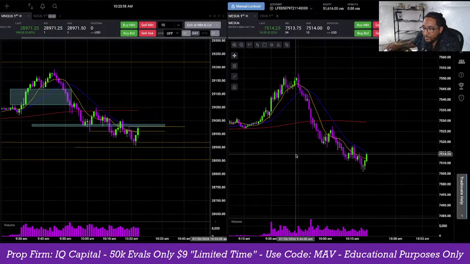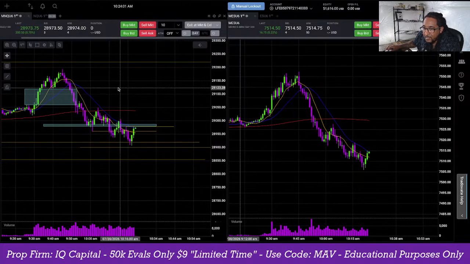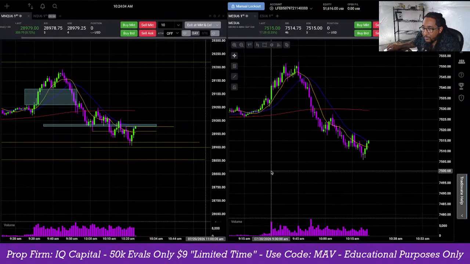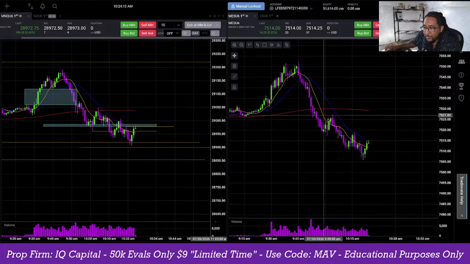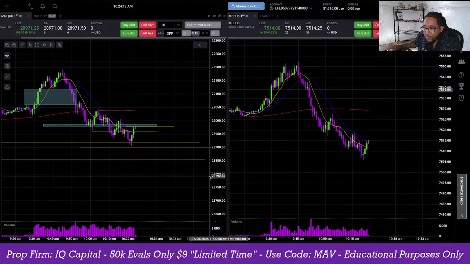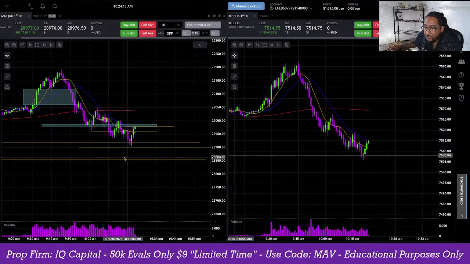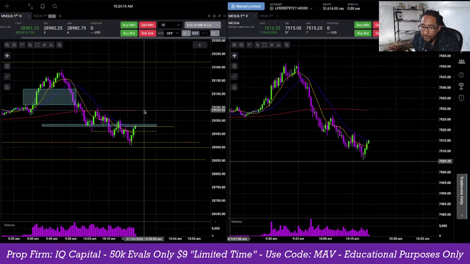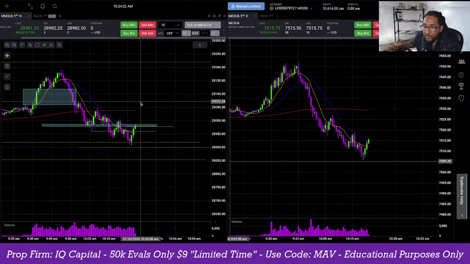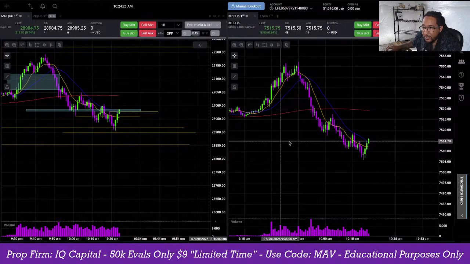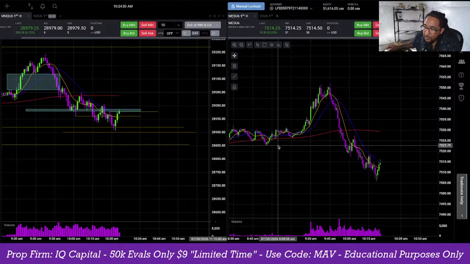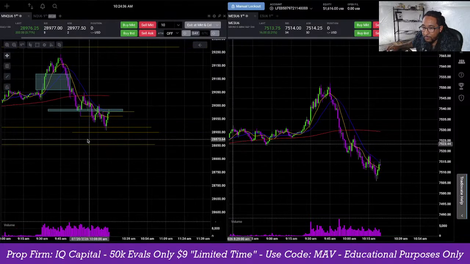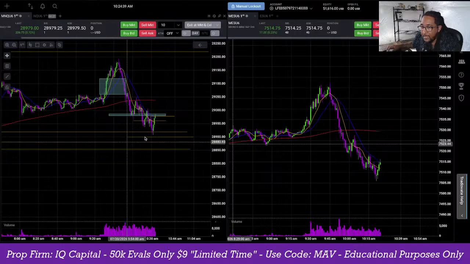You know, these are two different assets. This is the S&P 500 and this is the NASDAQ. Although they are two different assets, they look pretty much the same as far as price movement. And that's because the market makers use these two to balance out their trades, and they're heavily correlated with each other. So usually when you see one of these indices act a certain way, you can almost be assured that the other one is doing the same thing. And that's why we look at